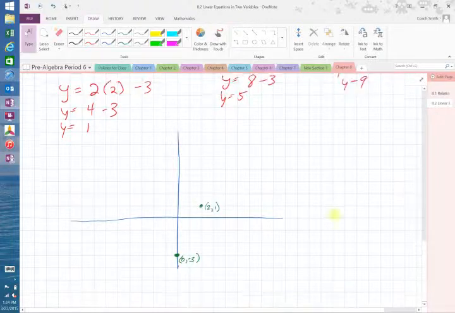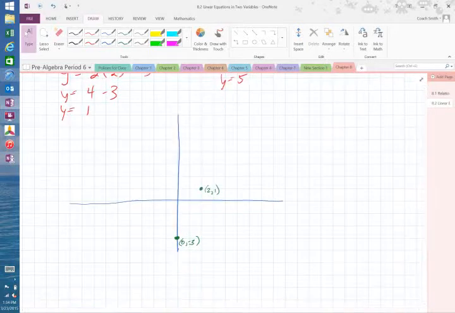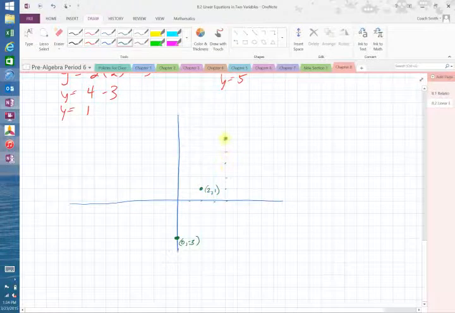The next one is 4 and 5. So 1, 2, 3, 4, and go up 5. 1, 2, 3, 4, 5. So that's 4 and 5. And then the last one is 6 and 9. So that's 1, 2, 3, 4, 5, 6. Then up 1, 2, 3, 4, 5, 6, 7, 8, 9. So that's 6 and 9. Now, when you draw the line through that,